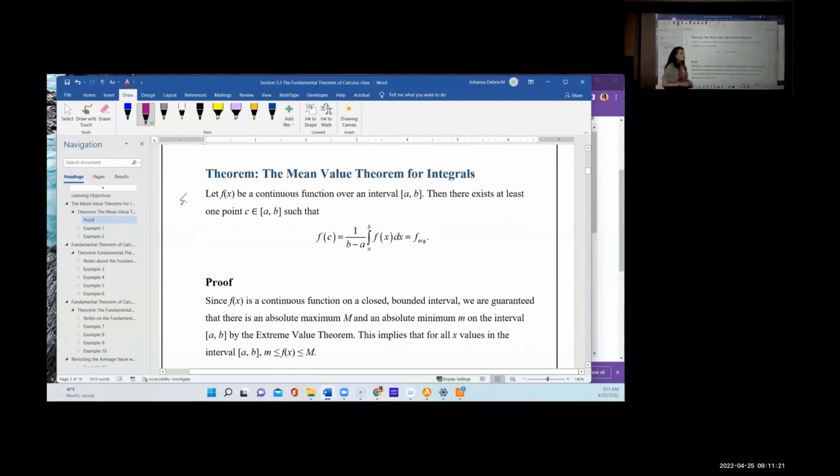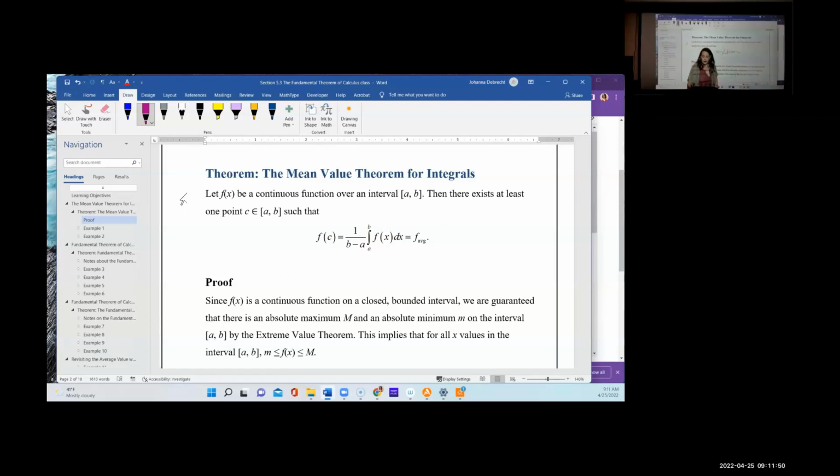So here's the actual statement of the mean value theorem for integrals. Let f of x be a continuous function over a closed interval from A to B. Then there exists at least one point C in A to B such that f of C is equal to the average value. Now remember, the definite integral with limits of integration on the integral symbol, this part back here